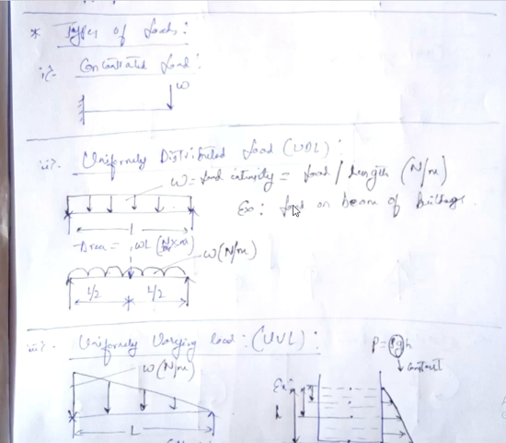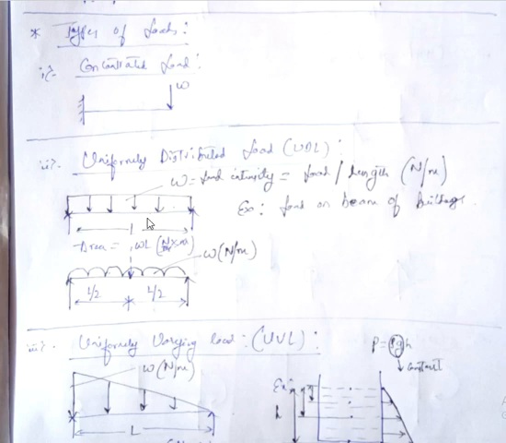But for analysis purposes, when we solve the problem, we need to convert this load intensity into a point load. It will be easy for us to analyze. Then how to convert load intensity into load? If you look at this, it is giving me a rectangle. Now to convert this load intensity into a point load, we need to take the area of this load intensity. What is the area of a rectangle? It is nothing but height into width, or length into height.